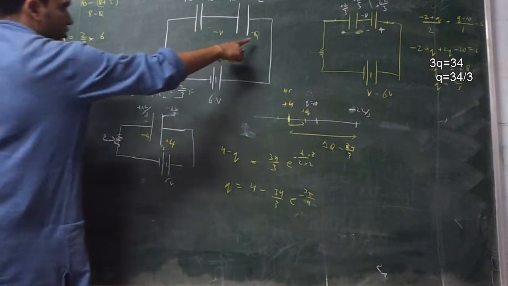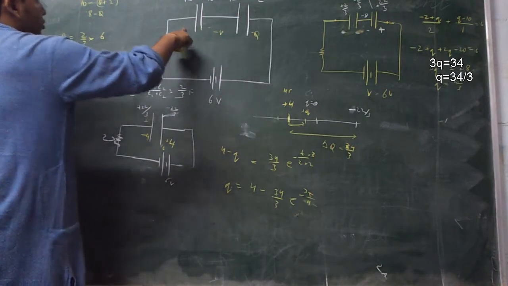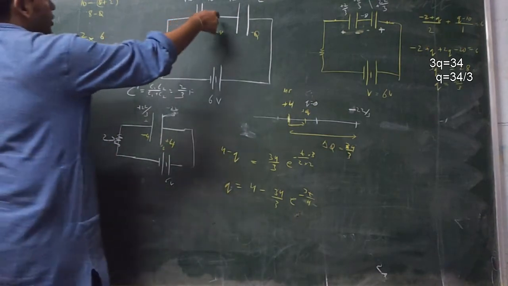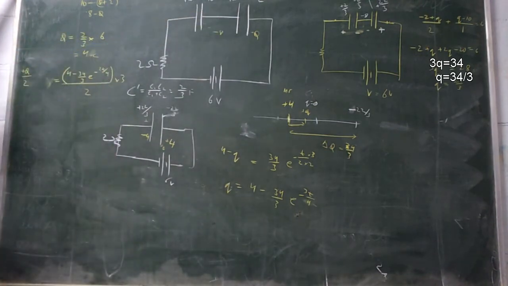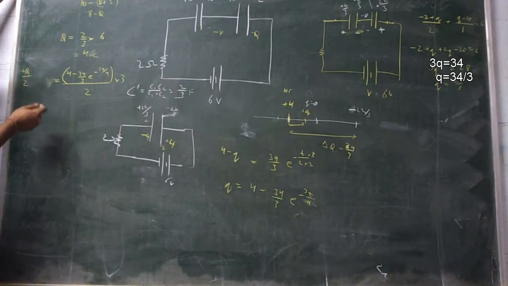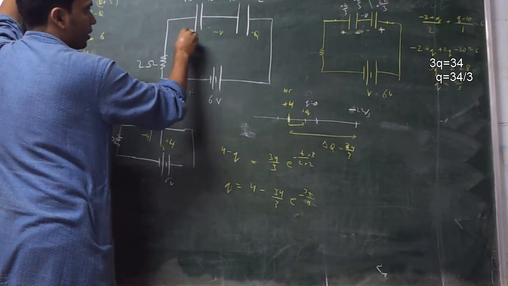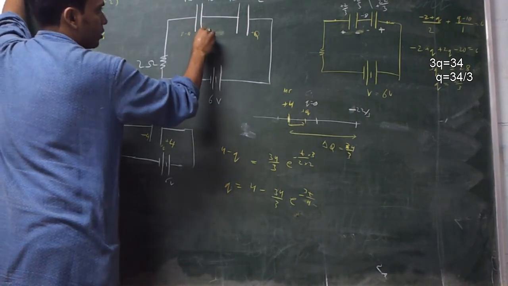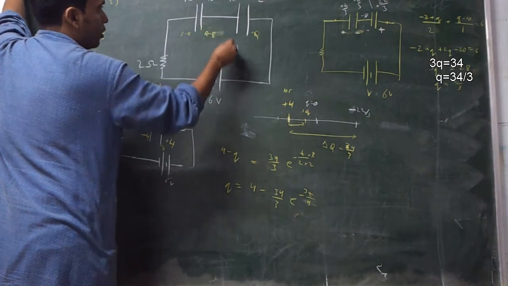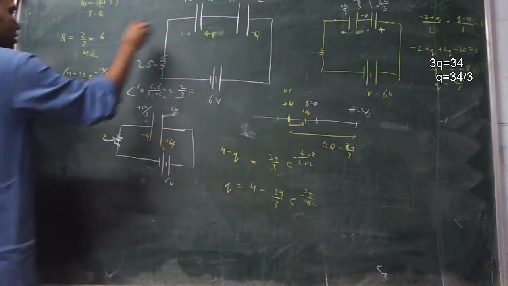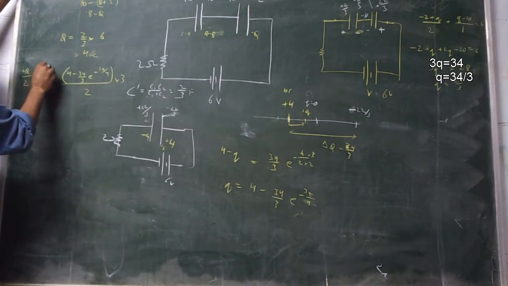So I have put a plus Q over here, so this will be 8 minus Q, so that the total charge outside is 8 and total charge towards inside is minus 8. So this one is 8 minus Q, this plate. So I can write this plate as Q minus 8. Voltage drop across this is Q by 2 and voltage drop across this is plus Q minus 8